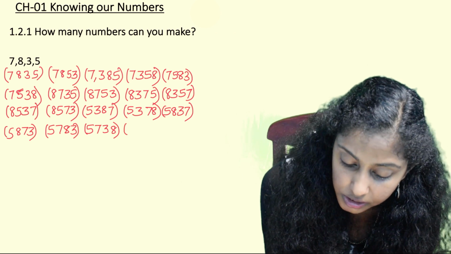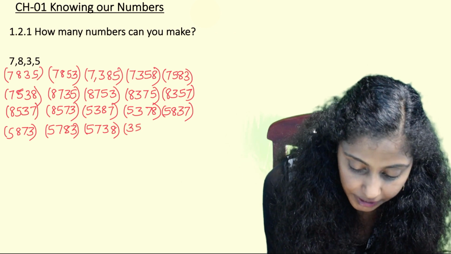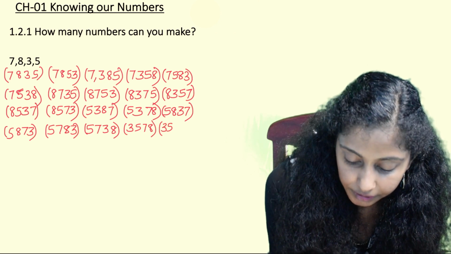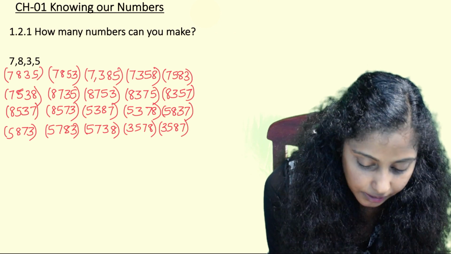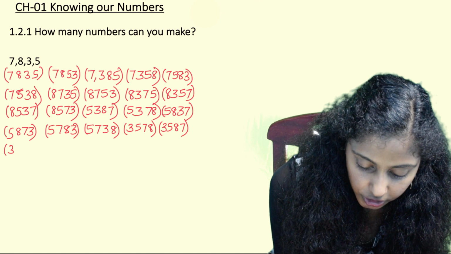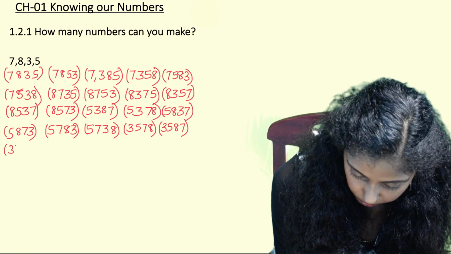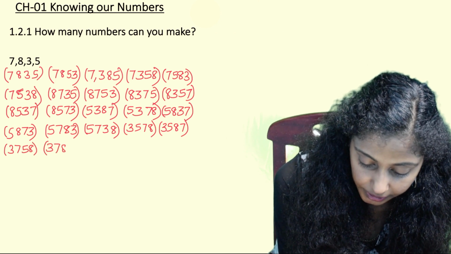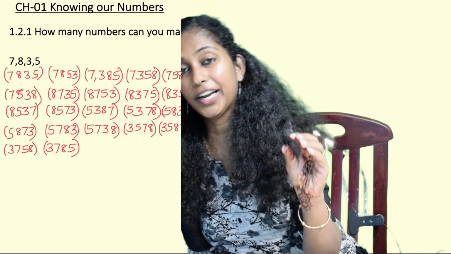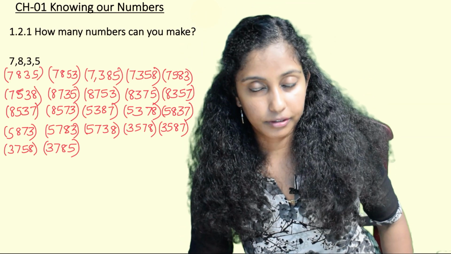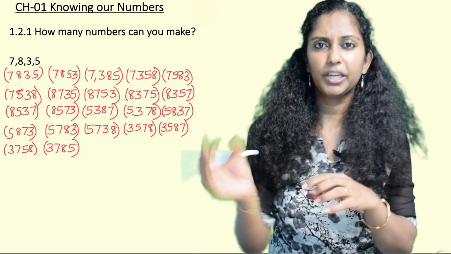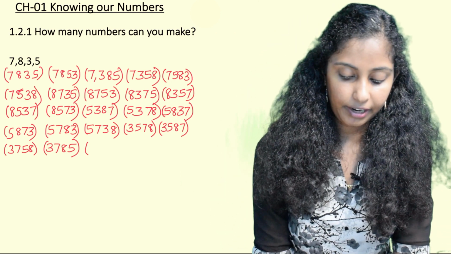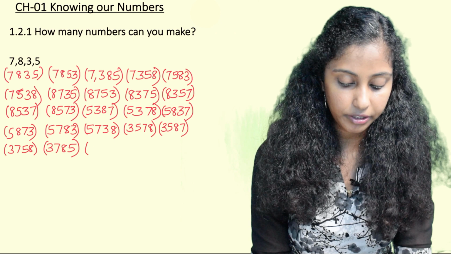Now let us make some more numbers keeping 3 in the first position, 5 in the second position, and then I am writing the other digits 7 and 8. Now again 3 and 5 in the first and second, I can write 78 as 87. Then again I am keeping 3 as it is, I am changing the position of 5. From there I am writing 7 and then 5, 8. Then I am writing 3, 7 and 8, 5. I am just arranging the numbers in different patterns, picking up the digits randomly and writing. Now I have formed numbers by writing 35 in the first two positions and even 37.